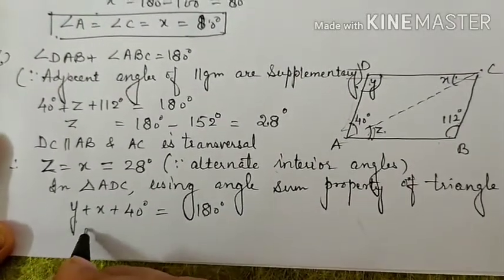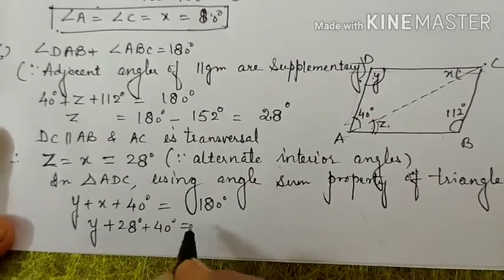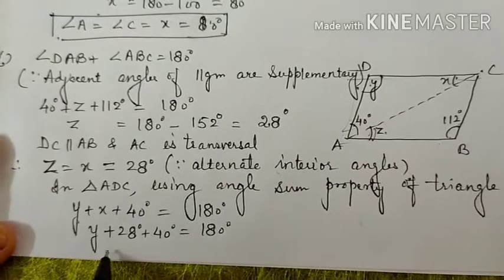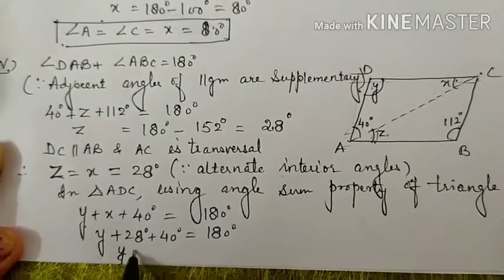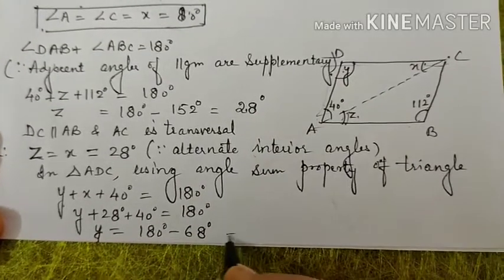X is 28 degrees. So Y plus 28 plus 40 is equal to 180. So Y equals 180 minus 68 degrees, that is